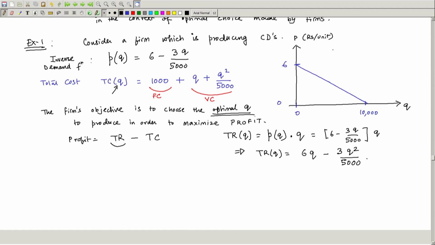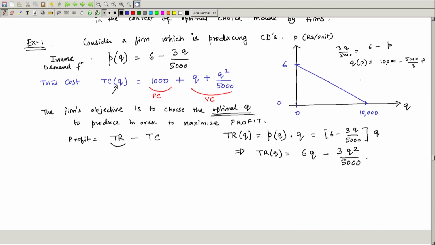If I had 3Q by 5000 equals 6 minus P, then I would have had Q as a function of P as 30,000 divided by 3 minus 5,000 divided by 3 times P, and 30,000 divided by 3 would have simply been 10,000. So, if I had written it as a demand function and computed the total revenue as P times Q,